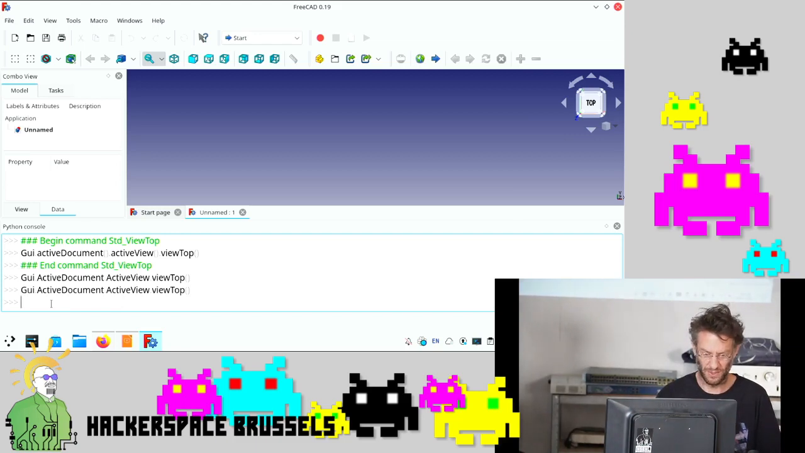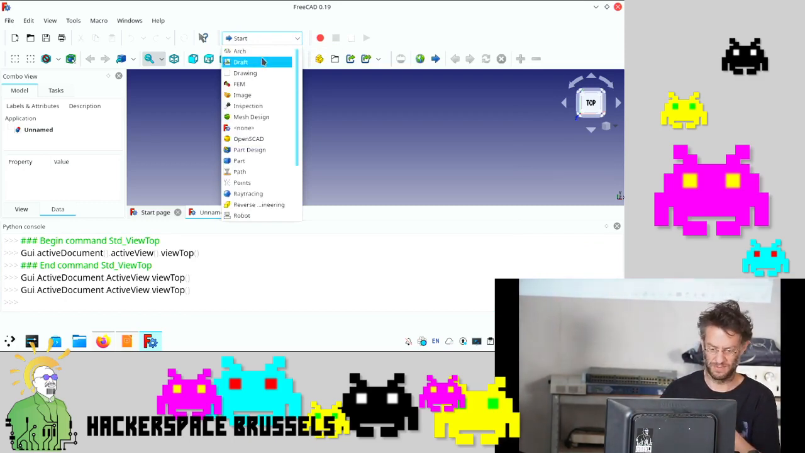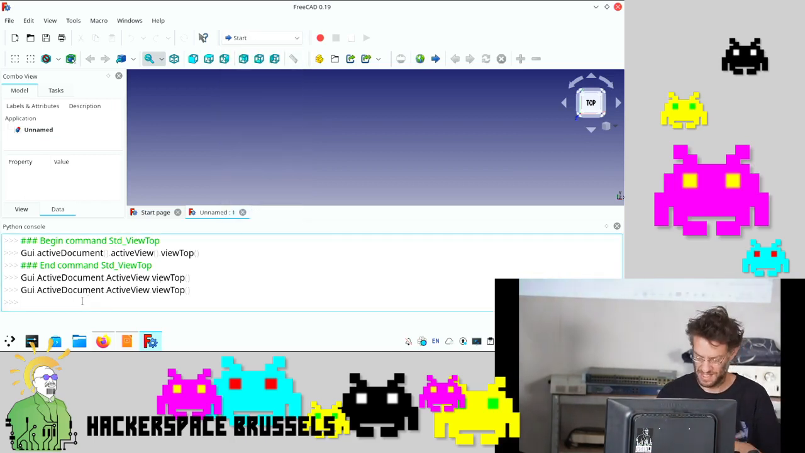So here, you've seen that in the previous workshop, we used the Sketcher workbench and the Part Design workbench. All these workbenches also exist in this Python console. So basically, you have two main modules here, which are FreeCAD